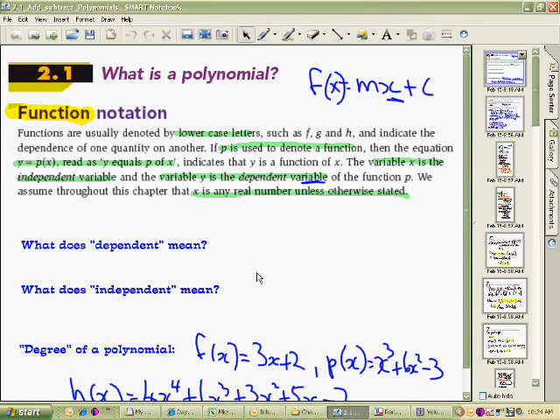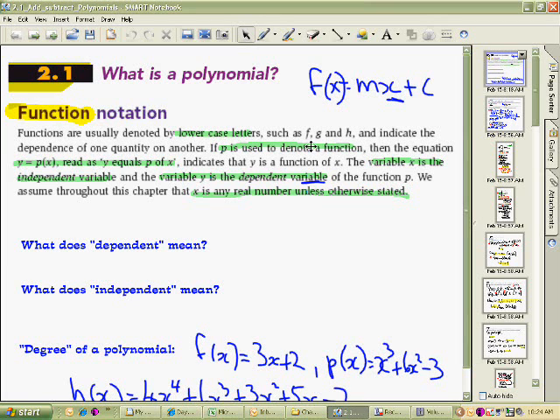Well, this is a new section of work, and it's considering polynomial functions. Now, the chapter comes under the heading of Algebra of Polynomials. The first section here in 2.1, we consider what a polynomial function is. You can see we went through this in class, where the notation that we use, we're using these terms here,